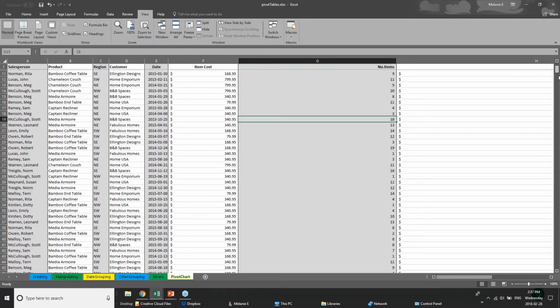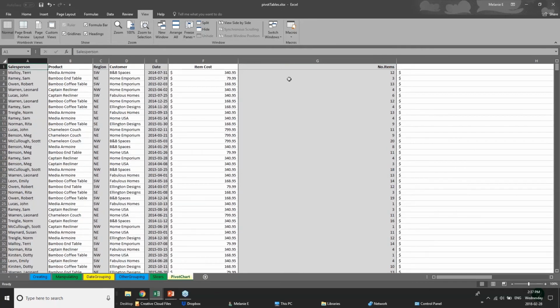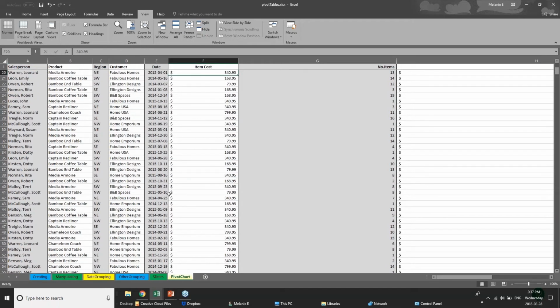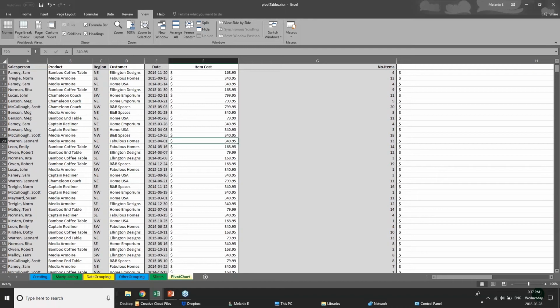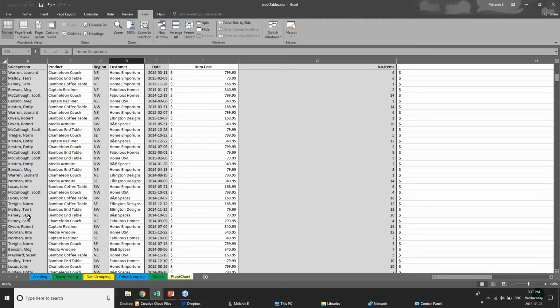So as I scroll my information, you'll see that the top row always stays the same. This is just really, really handy, again, when you're dealing with lots of different information. There's another sort of functionality here that I wanted to mention called split. Again, when you're dealing with these long worksheets with lots of data, and say you want to do some